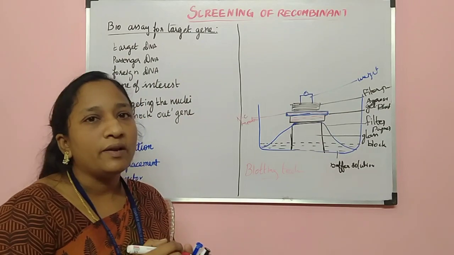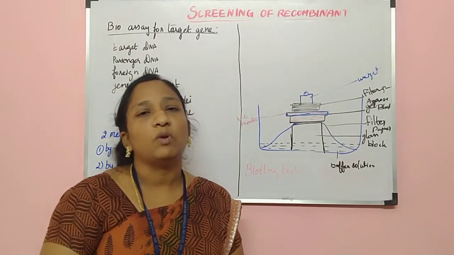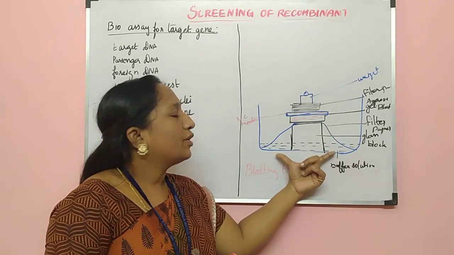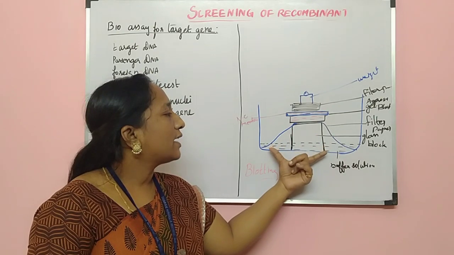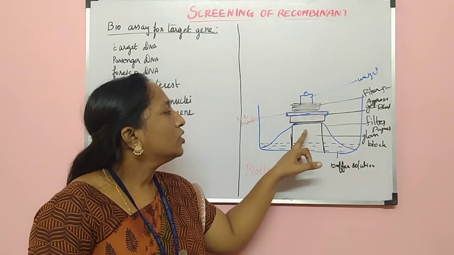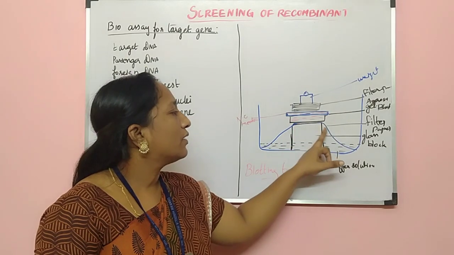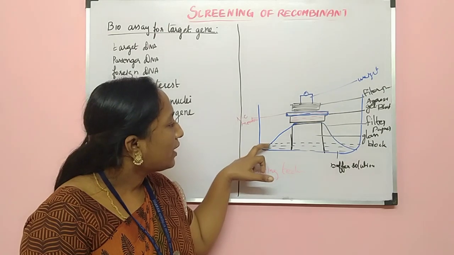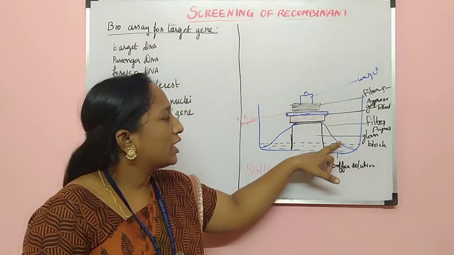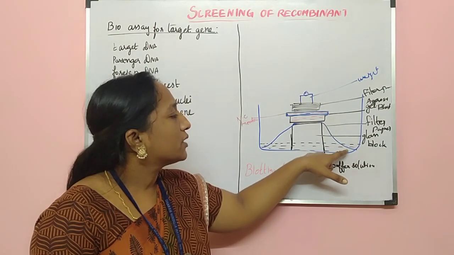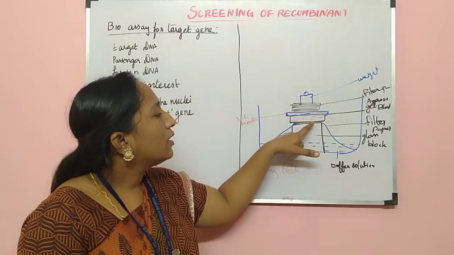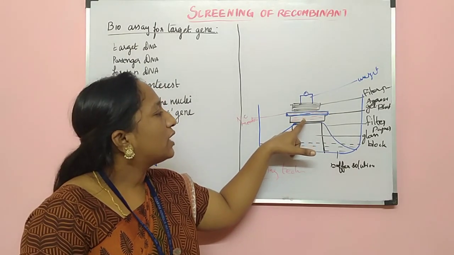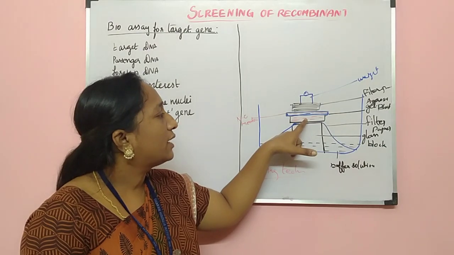For all three, western blotting, northern blotting and southern blotting, this blotting technique is used. For that we take a glass container, and in it we keep a glass block. Above the glass block, we keep a filter paper. The bottom layer of the filter paper has to touch the buffer solution. Once it touches, the buffer solution is absorbed by the filter paper and reaches the agarose gel. The agarose gel contains the DNA fragments.